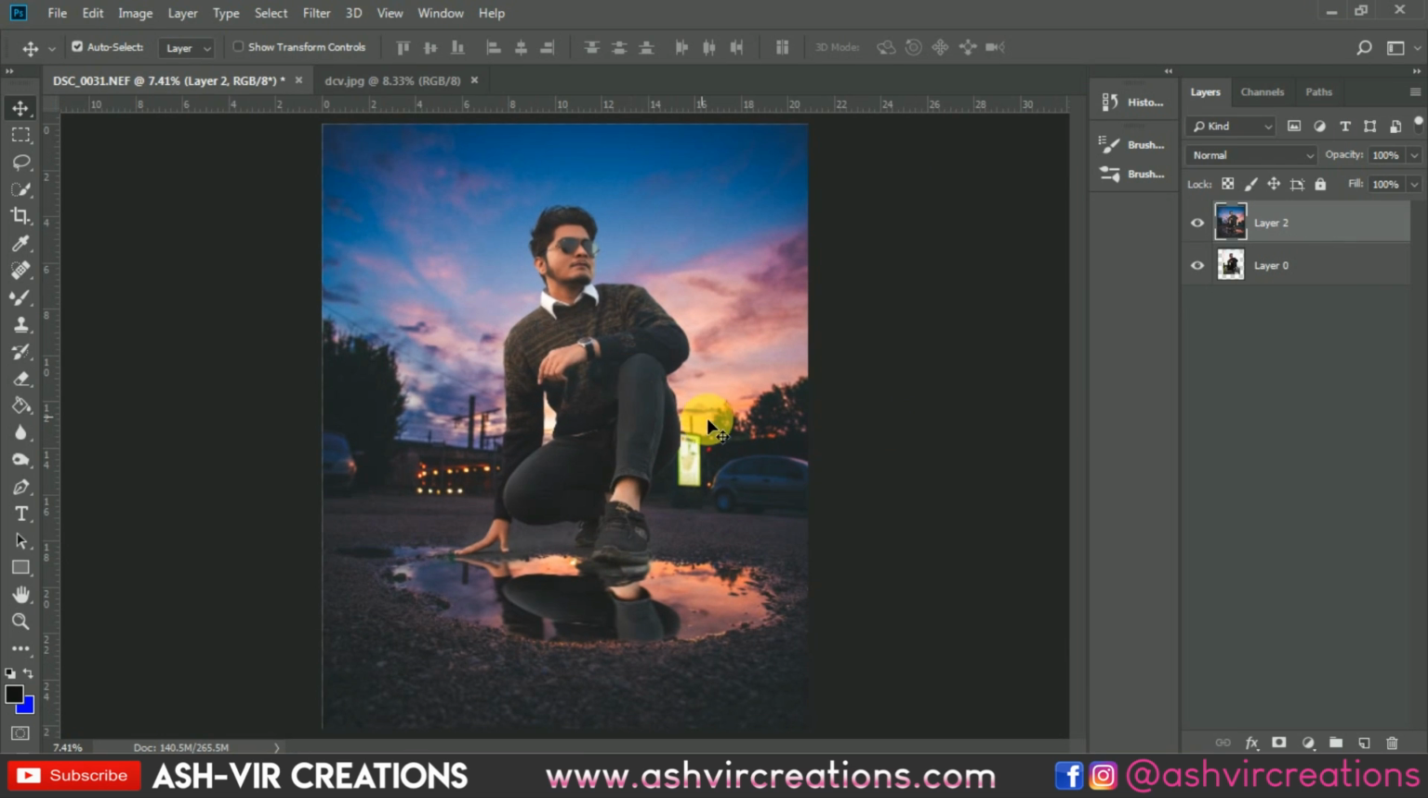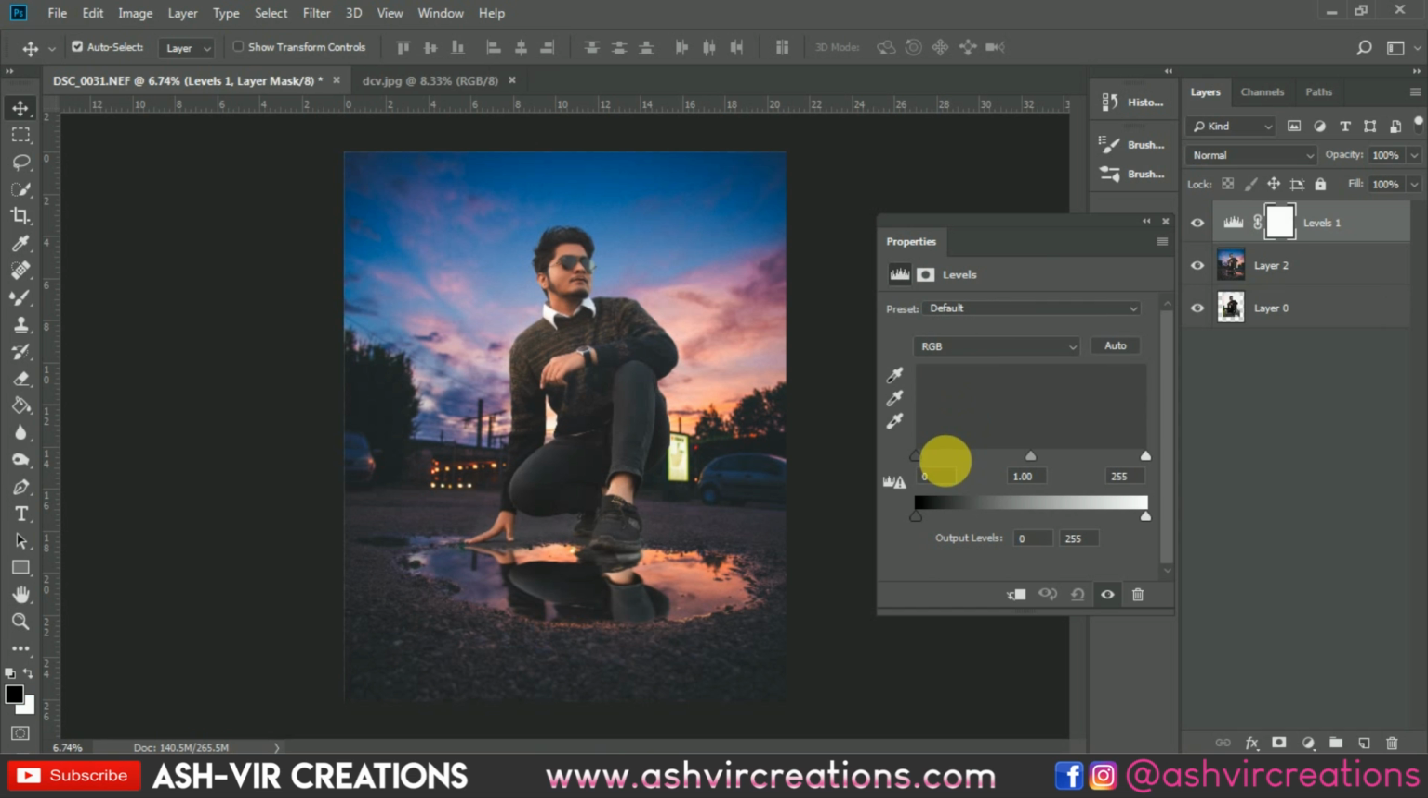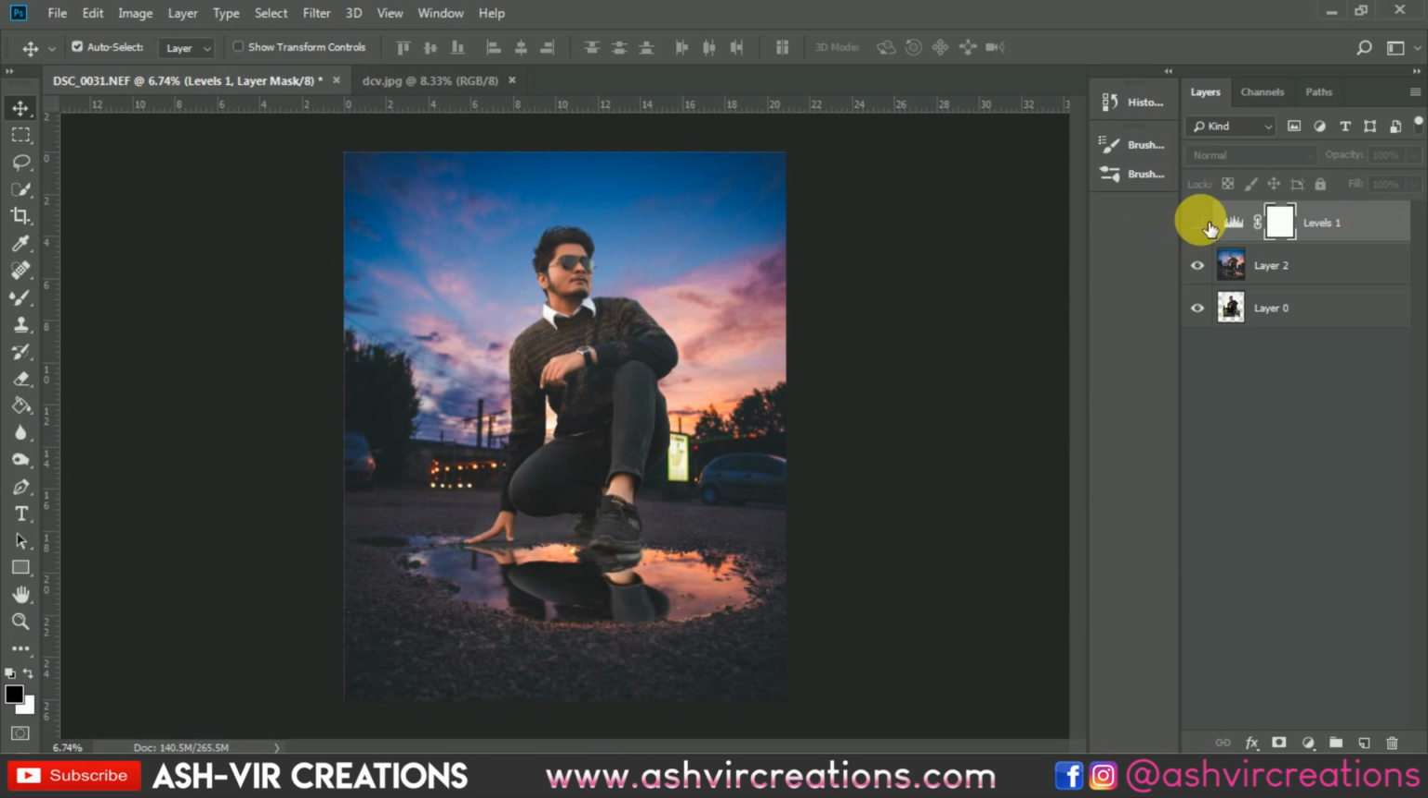Now the next thing would be to give it more enhancement. So let's go to the levels and move the slider a little bit over here. So here you can see the before and after effect. If you want, you can decrease the opacity to around 70%